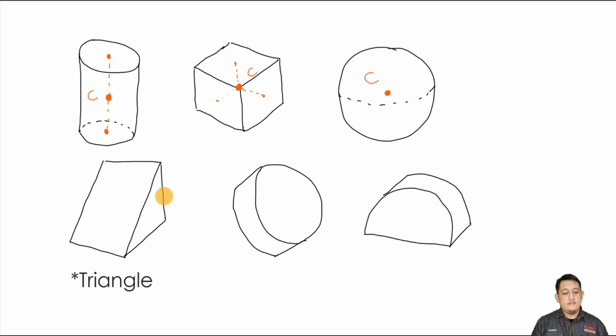A rectangle. Now, when we look at a triangle here, if we refer back to our previous lecture, the centroid location of this triangle, as I mentioned earlier, we must look at the dominant shape first. The dominant shape of this 3D object is this triangle. Therefore, we must locate the centroid of this triangle first.